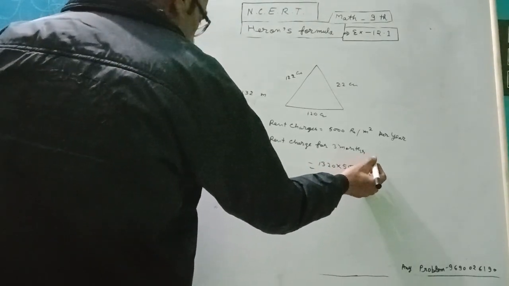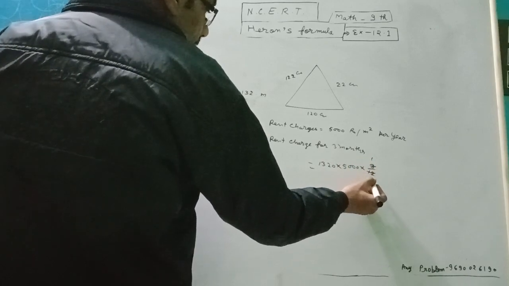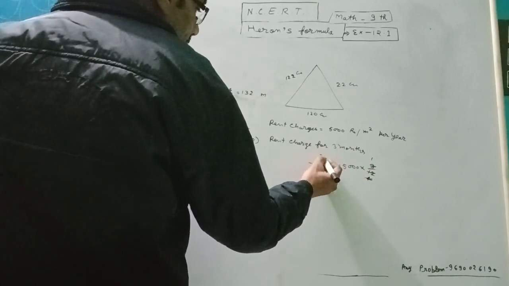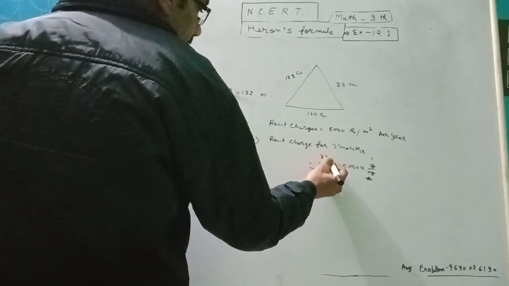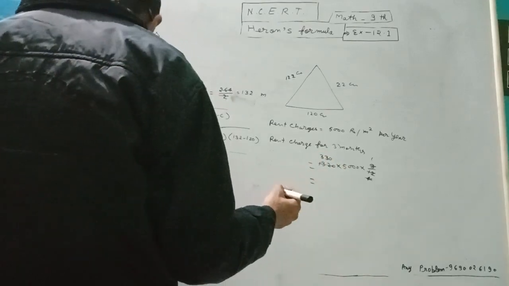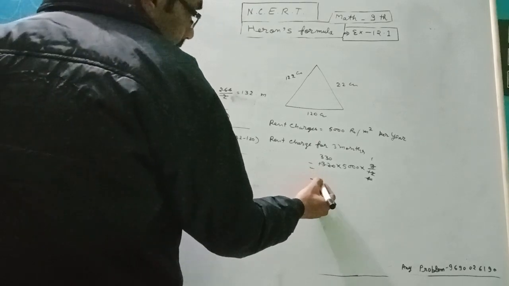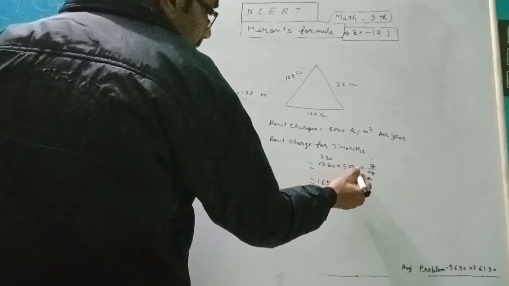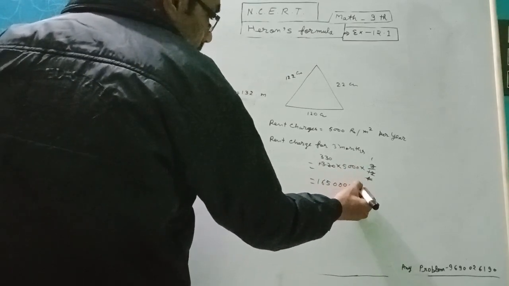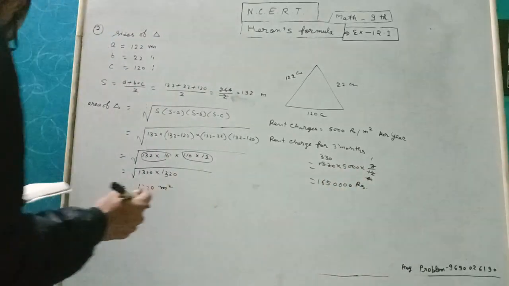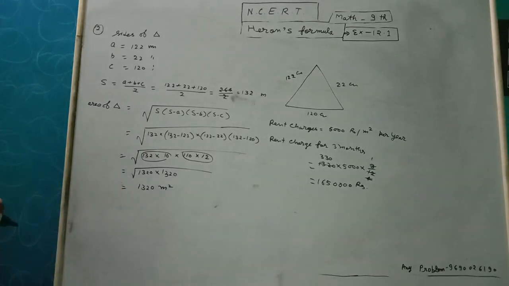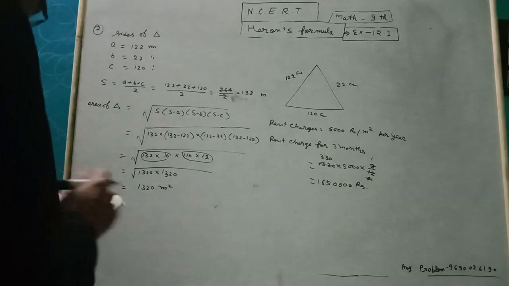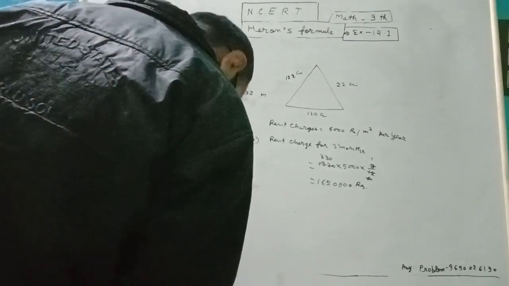3 ones are 3, 3 fours are 12. After multiplying, 165, 165 into 40, is the charge to be paid. Question number 2 is complete. Question number 3 is